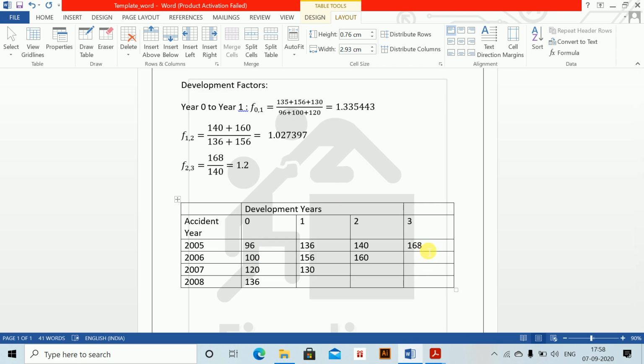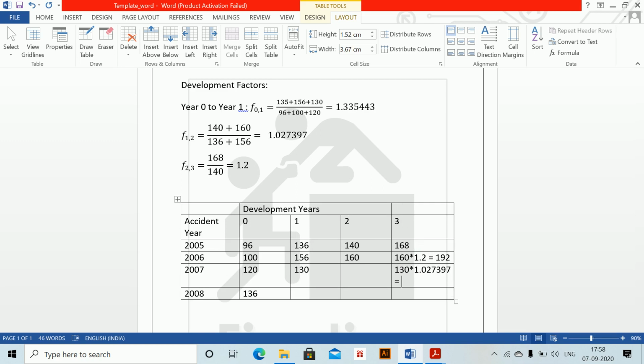Now I need to calculate this value. So this is equal to 160 into 1.2, which is equal to 192. Then you have 130 into 1.027397, into 1.2, which is equal to